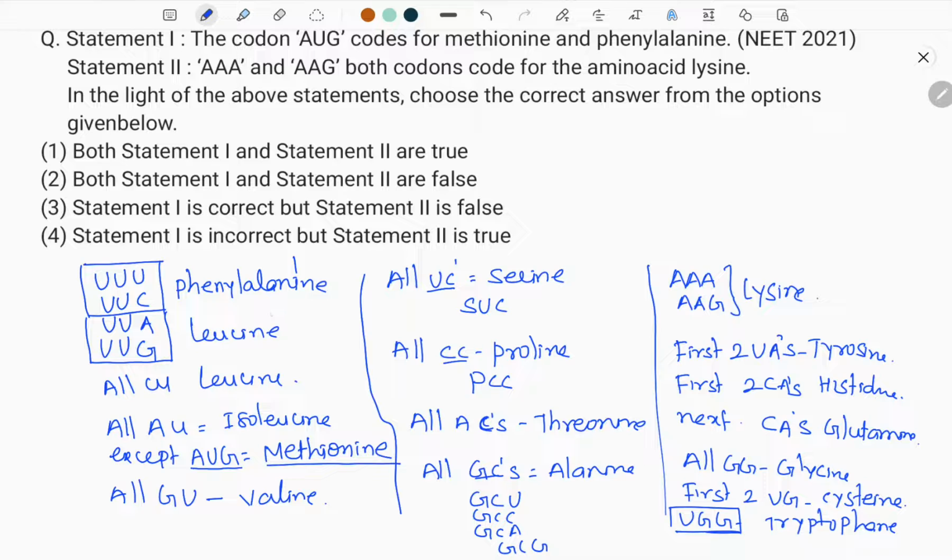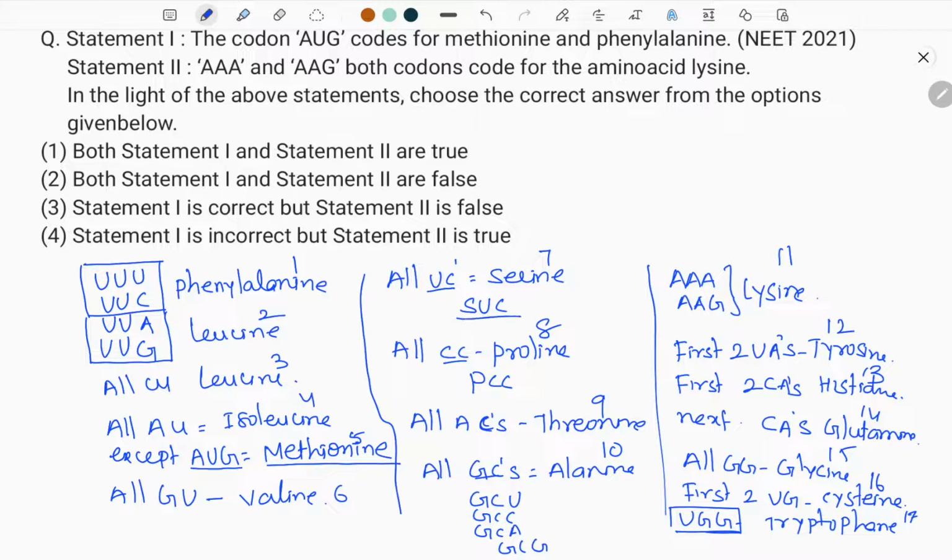Phenylalanine is the first point, then 2, 3, 4, up to 17. If you remember the 17, the only thing is that you have to practice them repeatedly. Take a slate, take a paper with pencil and write them repeatedly, at least once a day, for 7 days, 8 days, 10 days. Within 3 or 4 days, you get them memorized and you never forget them in life. This is my preparation.